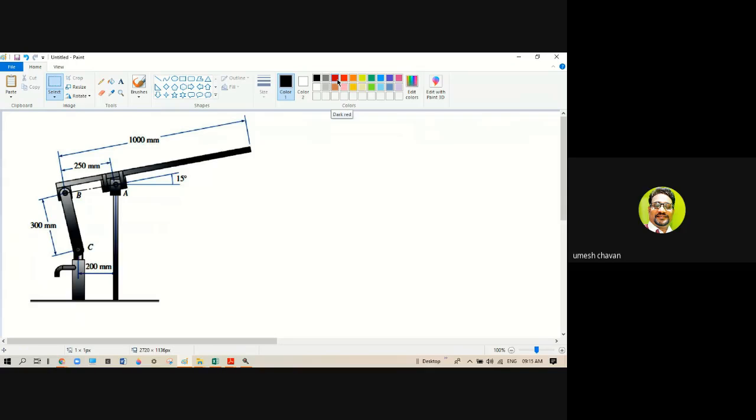How many links are there in this? It's four links. See here which are the four links. C is one pair, B is another, A is another pair,